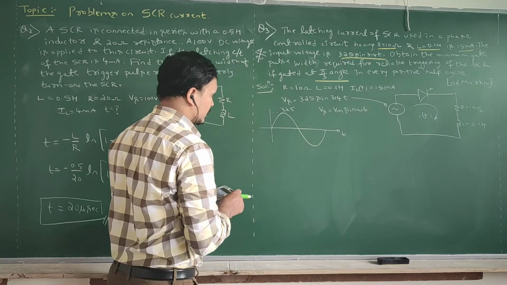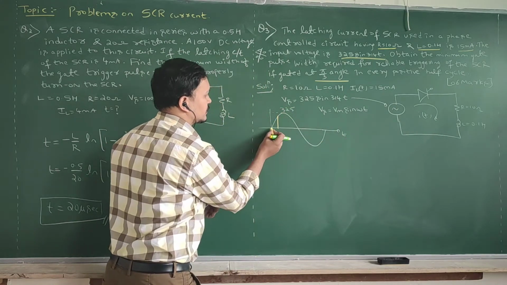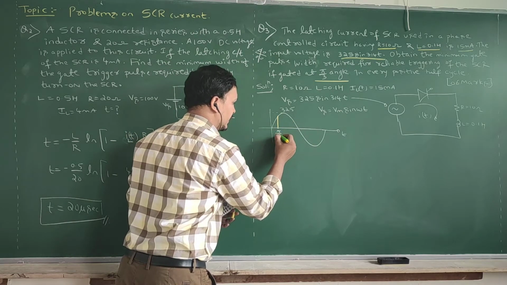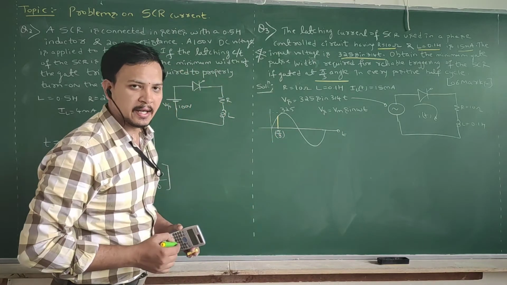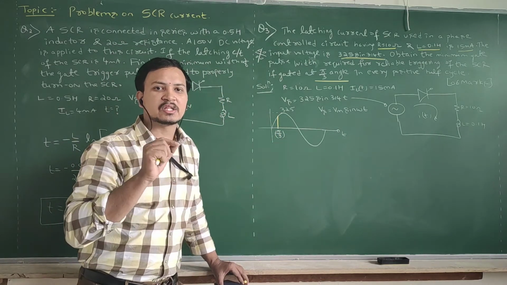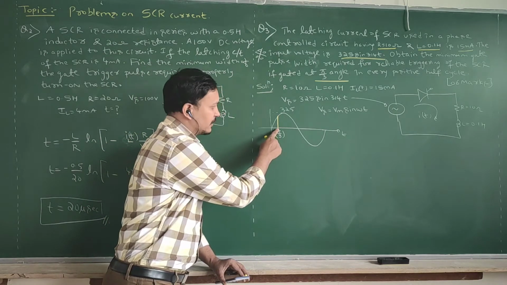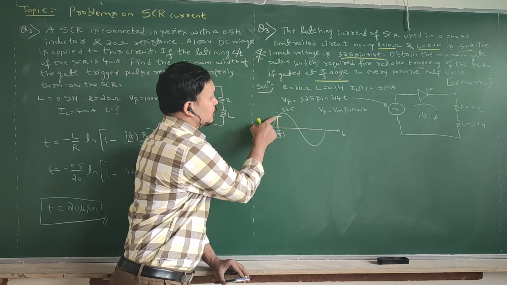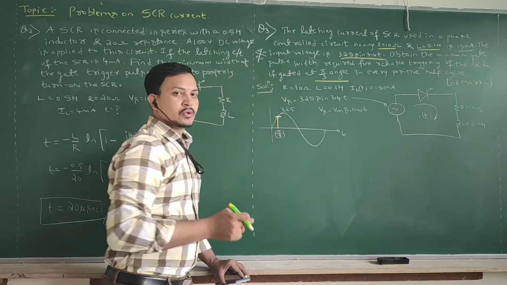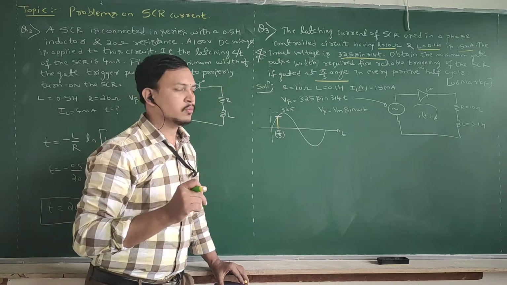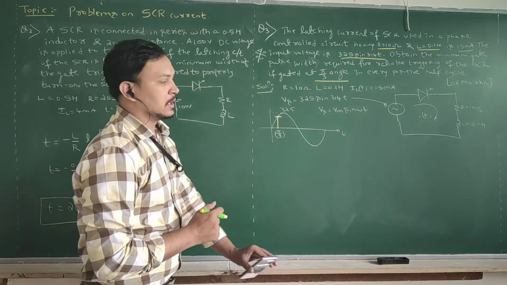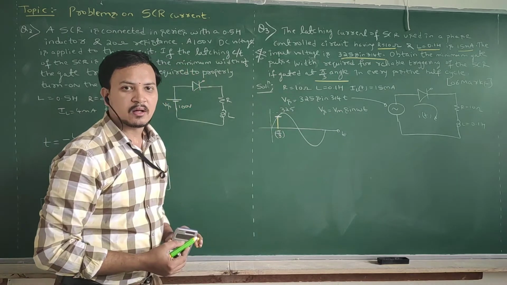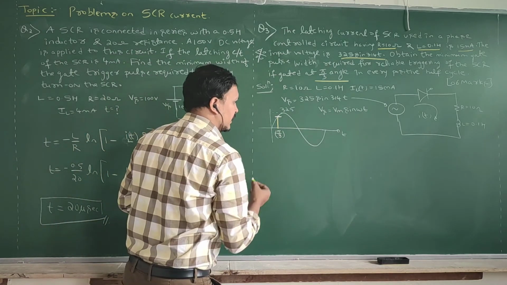Okay, now look here. The SCR is fired at, look here, 0 degree, 90 degree, 180 degree. 60 degree comes somewhere here. The SCR is fired at pi by 3 radians. Now, you have to take the Vs value at this particular time, at this particular firing angle. What is the magnitude? This value you need to find out. That value you should take as Vs in the formula. Now my role is to find what this value is. At 90 degree it has 325 volts. At this particular point, what is the voltage? How to find it? Okay, that we can find in this way.